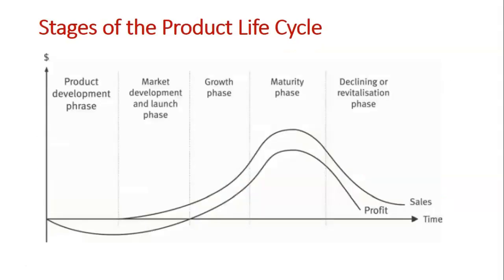So let's go through the stages of the product life cycle in the form of a diagram, so you can see that first the product is in the product development stage. So you can see 2 lines here being drawn on this diagram. One is the profit line, whereas the other is